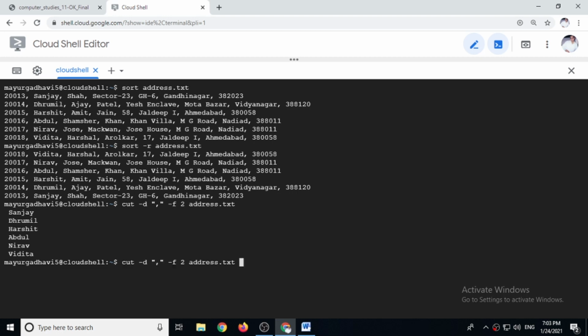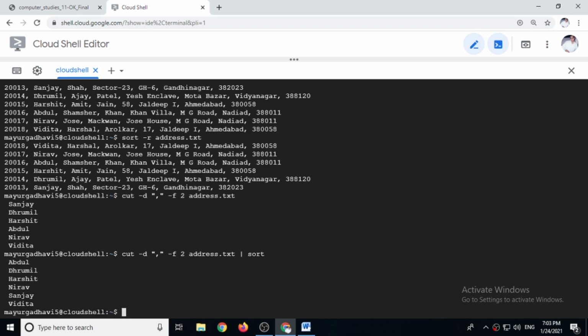Now if you press the up arrow, it will display the command again. Now I am giving a pipe sign to combine these two commands, and then sort. So the output of the cut command will be sent to the sort command, and sort will arrange all the names in ascending order.